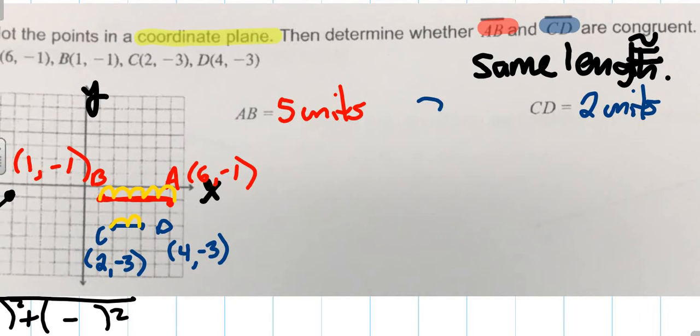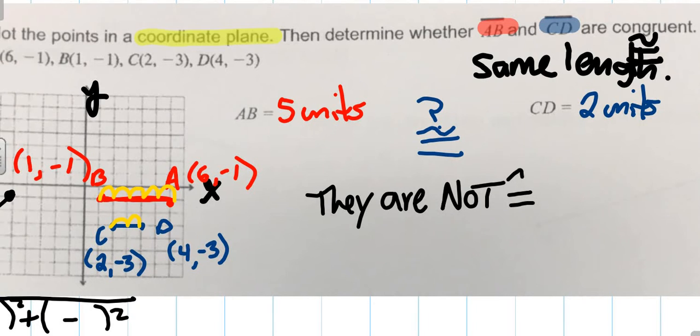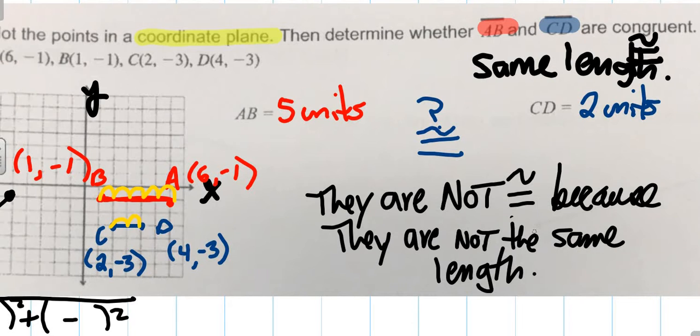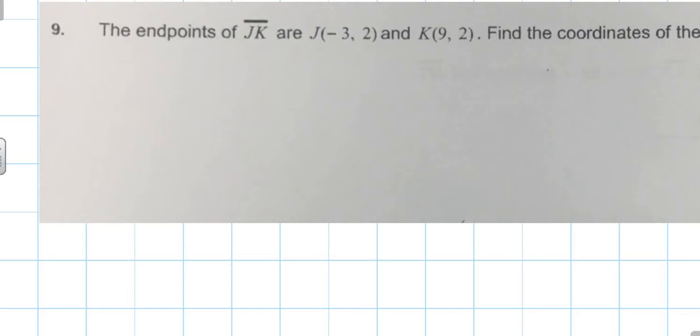So the question asks, is it the same length, also known as congruent? And the answer is, they are not congruent because they are not the same length. Wow, sorry, my handwriting's getting a little bad here. That's number 8. Number 9